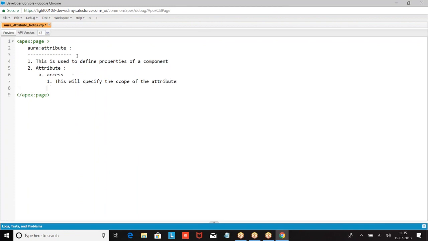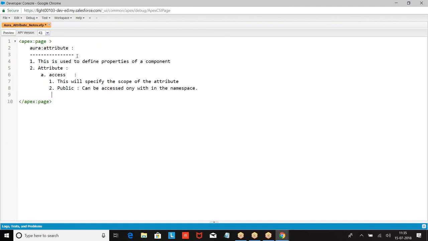We had public, which can be accessed only within the namespace, and global, which can be accessed within the namespace and outside the namespace.